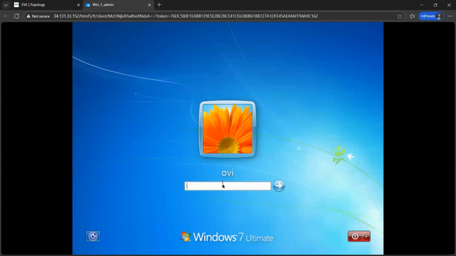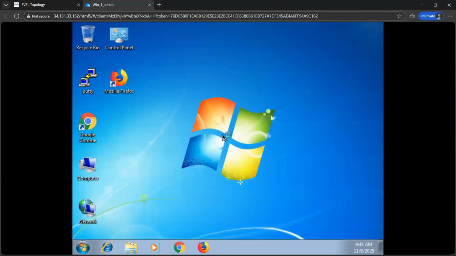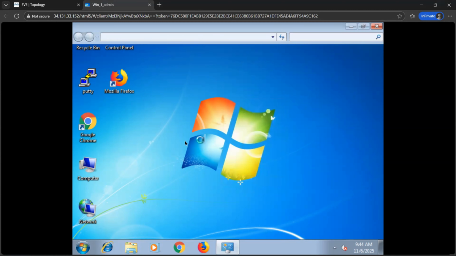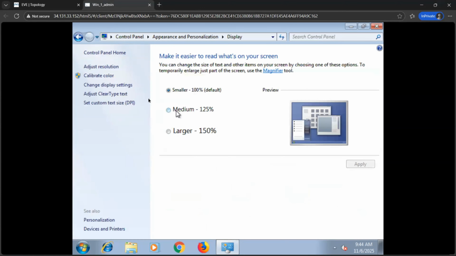Let's start from the Windows PC. Open the display settings and adjust the resolution according to your system requirements.